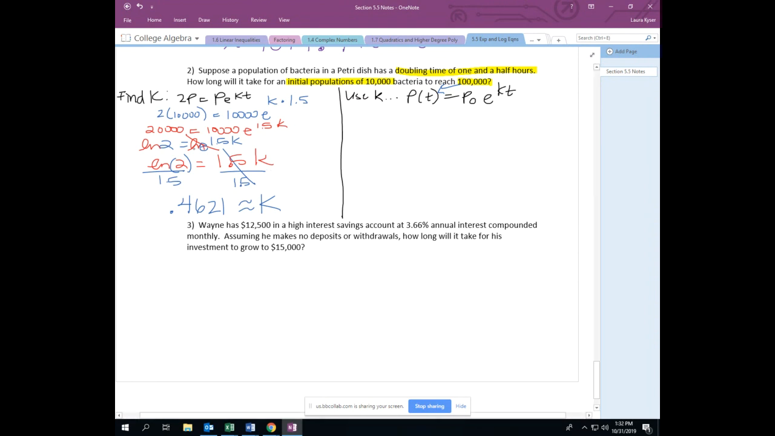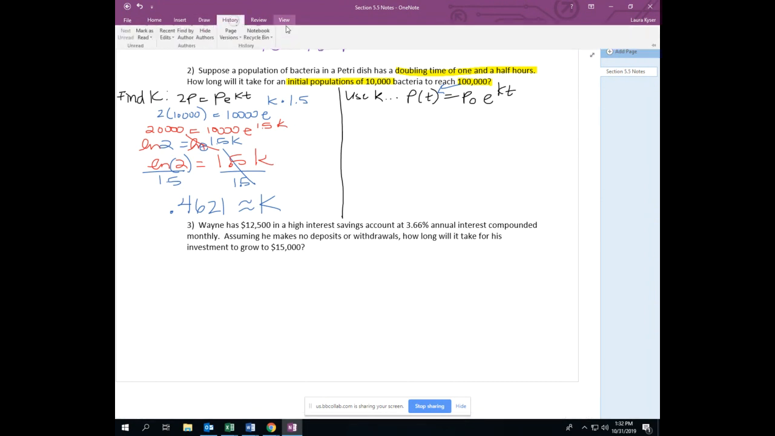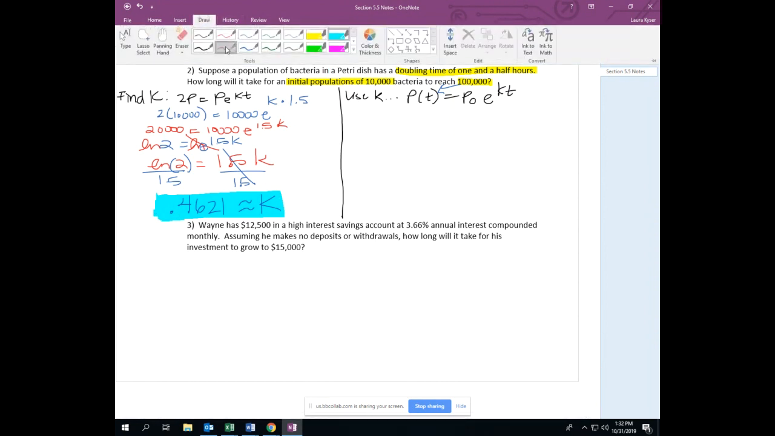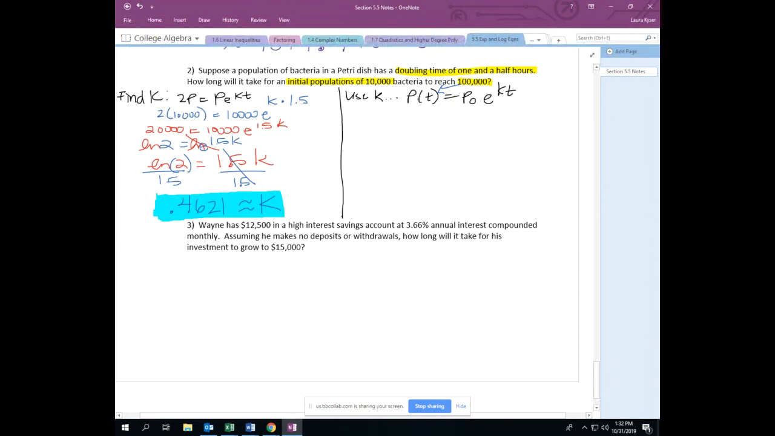Now, this formula doesn't answer the question. This formula gives us the constant that we need to use in the other formula. The other formula is what's actually going to answer my question, because it's asking me how long it takes for the population to grow to a certain amount. It doesn't ask anything about how long it takes to double. So now I'm going to use the future value and use my K. So the future value 100,000